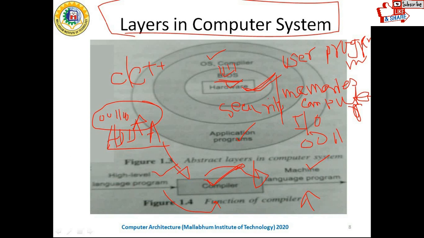In summary, BIOS can be said to be a coded program embedded on a chip, or firmware, that recognizes and controls the various peripheral devices that build up the computer. So you can understand that BIOS is the first program that runs on the computer after switching it on, and it creates a bridge between the hardware and the software of the computer. It loads the operating system from the hard drive to the main memory, and then the operating system takes control of the computer system. Okay, that's all.